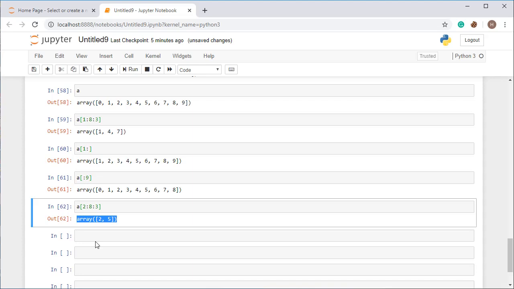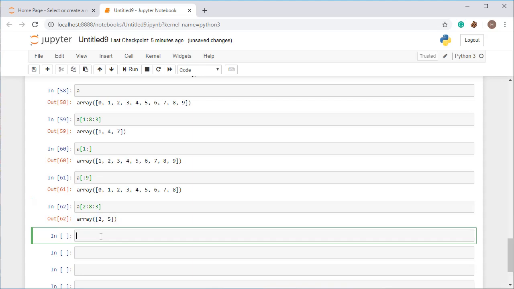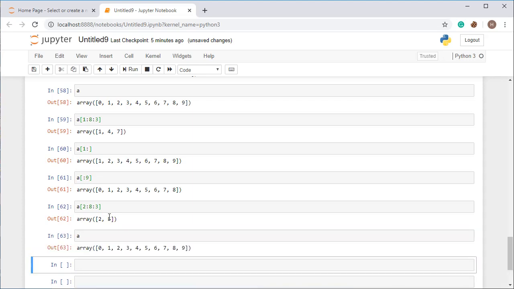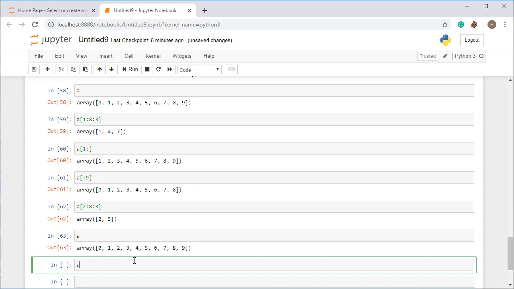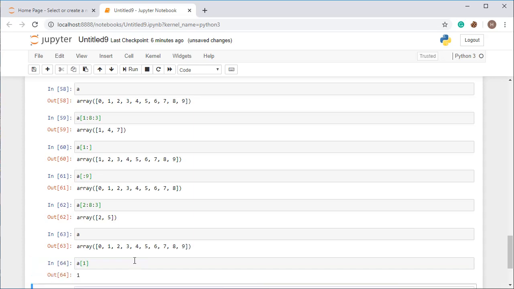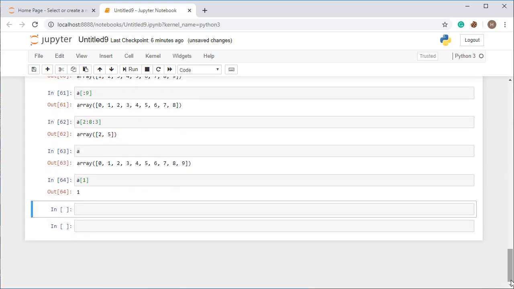And for indexing, we know that indexing starts from 0 and continues up to all the terms. Let's see. So index of 0 is 1, index of 1 is 1, index of 2 is 2, index of 3 is 3, index of 4 is 4, index of 5 is 5, index of 6 is 6. So in this way you can also call it like A of 1, and you will get the answer like this. So you can fetch the value by using indexing also. So this is all about indexing and slicing in an ND array.